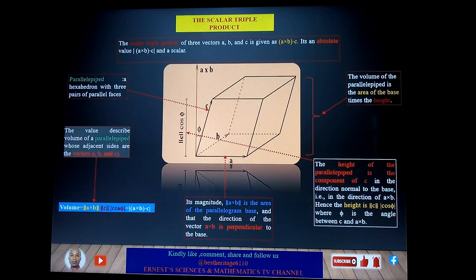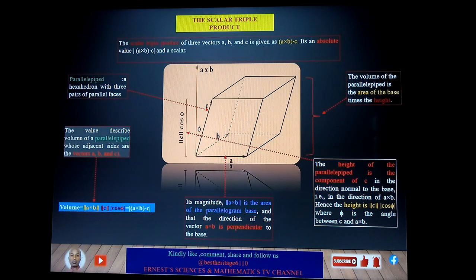Hi guys, in this video we're going to see various characteristics of the dot product and the cross product of vectors. And this is going to assist us to describe the volume of one of the figures that I've illustrated on the board. Now this figure is known as the parallelepiped,